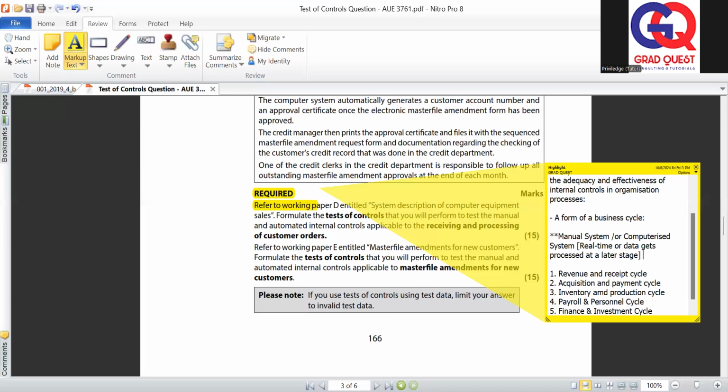Now, if it's something that's happening in real time, for instance, you go on your Uber Eats application and you place an order to buy some food items from a particular restaurant. What is happening there when you enter the details of your order, and then you get to the part where you need to insert your payment details to process that payment? The revenue and receipts cycle that is taking place there is happening in real time. Why? Everything is processed as you enter the details. So that's what you find in a computerized system or in a computerized environment.